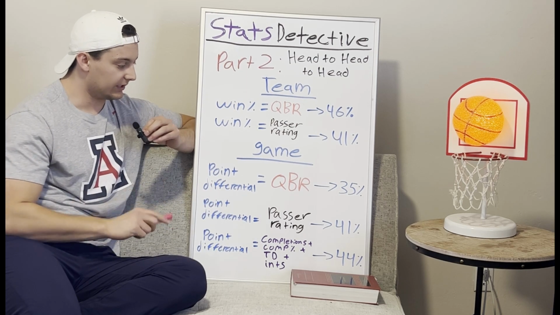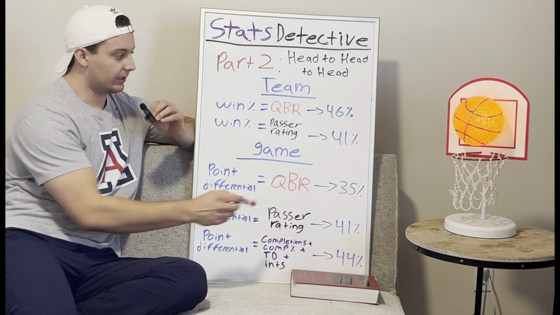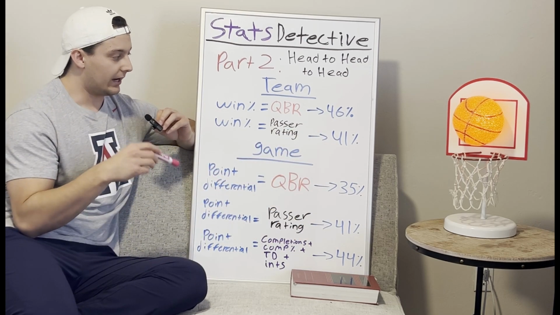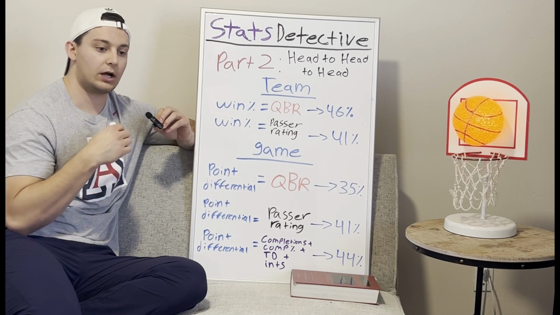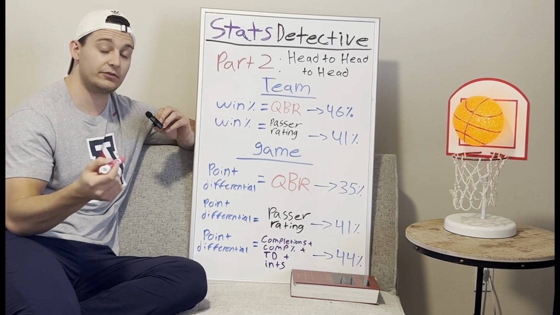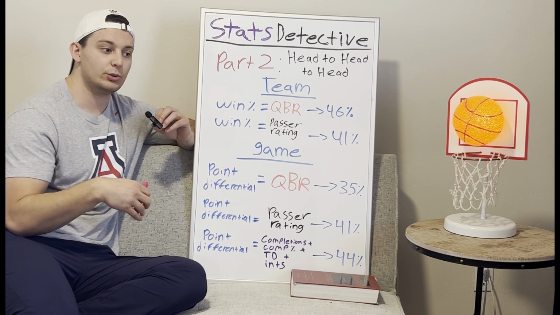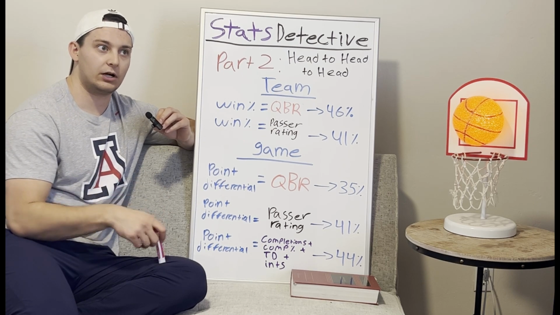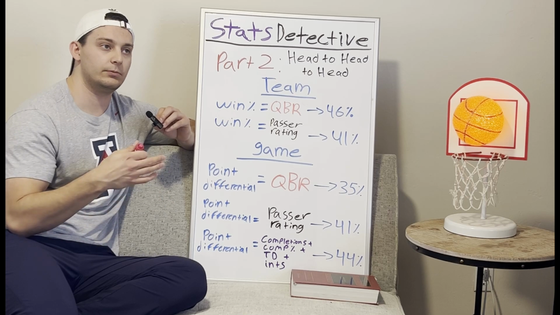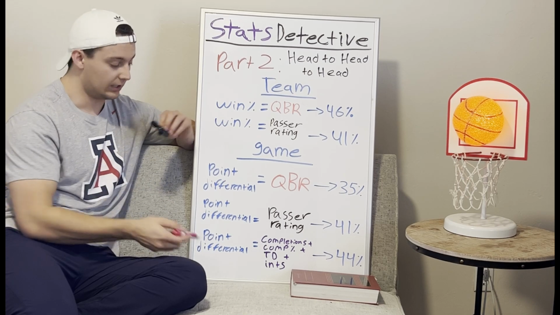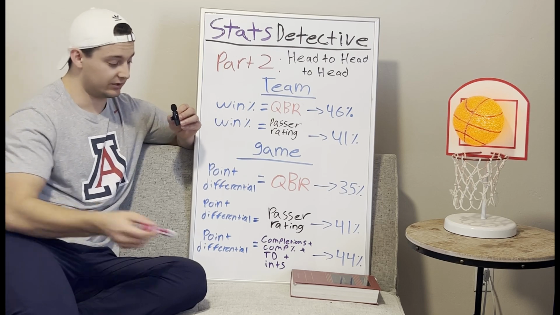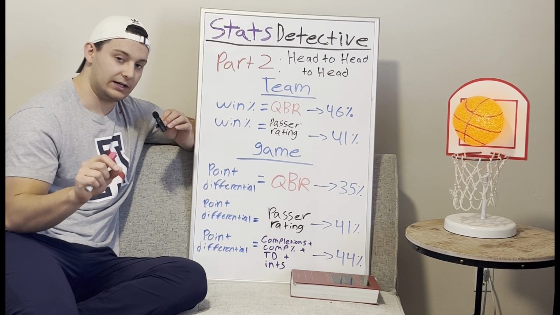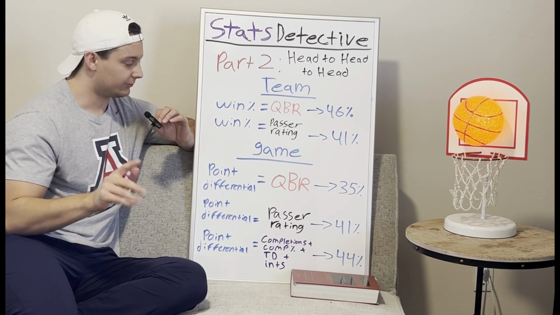So we're going to really get into the weeds here, but I would like to make a note that all these are R-squared values, because we are comparing models. I'm not going to use the actual estimates from the models. I'm just going to tell you how well they predicted, because they're all on different scales. QBR, I believe, only goes up to 100. Passer rating goes up to 158.3. This model doesn't even have a scale because each of these are weighted differently based on the math behind it. Yeah, so that's why it's better, but whatever.